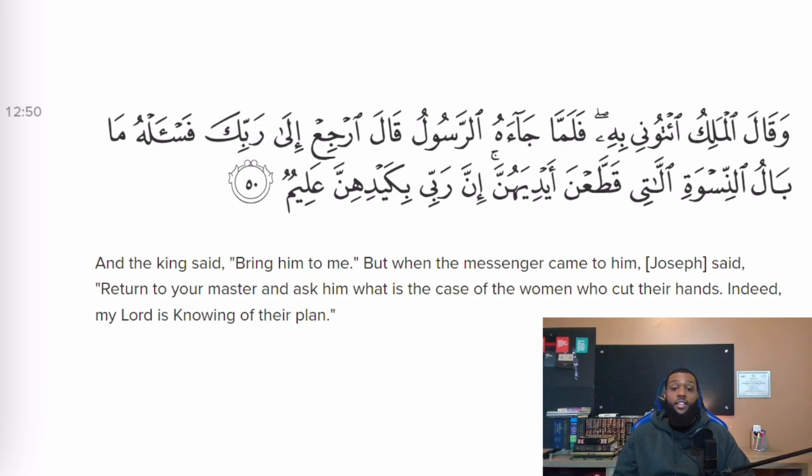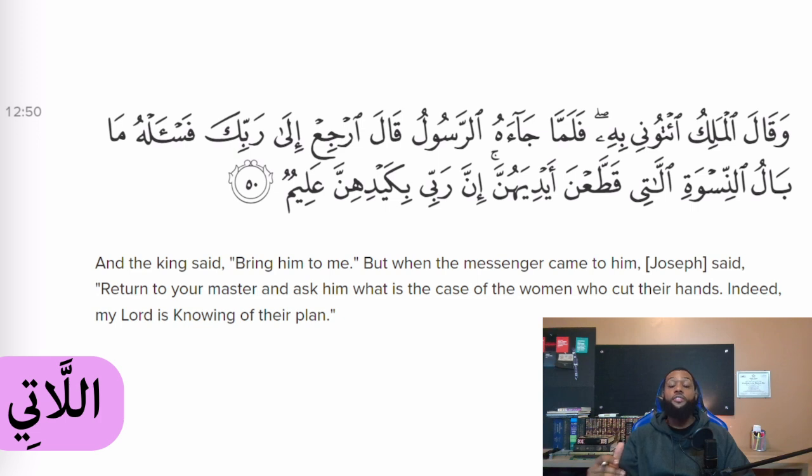So in this next example here, we're going to be taking a look at allati, which is the plural feminine form of the relative pronoun. Those who specifically related to that which is feminine, right? And we see here, "And the king said, 'Bring him to me,'" right? Referring to Yusuf alayhi salam. "So when the messenger who was sent for Yusuf alayhi salam came to him, he said,